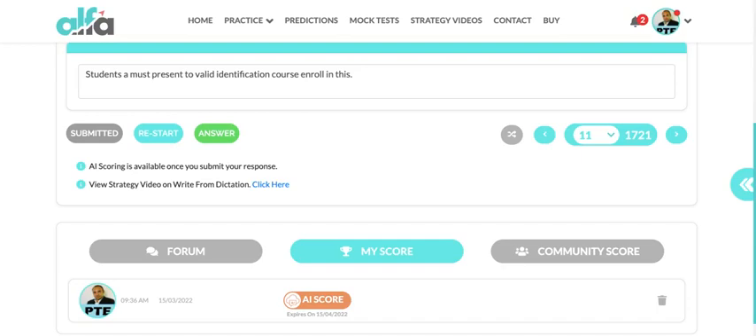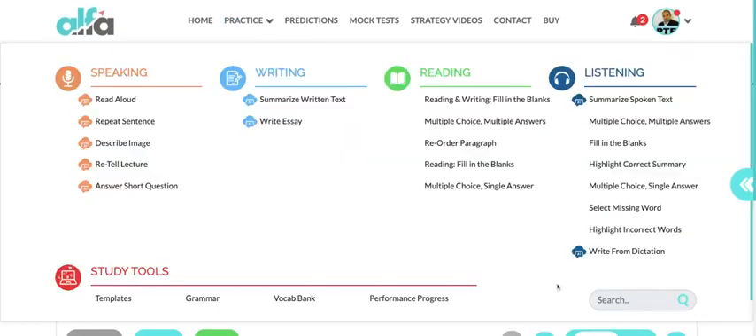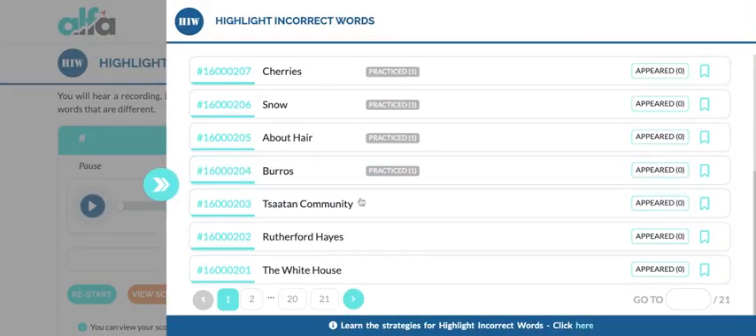Okay, so that was your write from dictation. अब एउटा दुईटा highlight incorrect words पनि गरेर हेरौँ. So let's finish these two questions for today. So highlight incorrect words, but see what's going to happen is like you're going to get a nice transcript, अनि